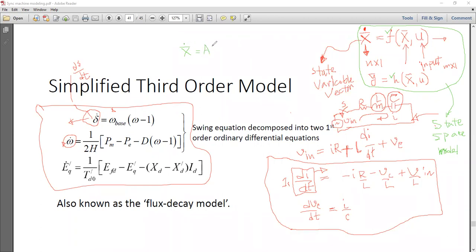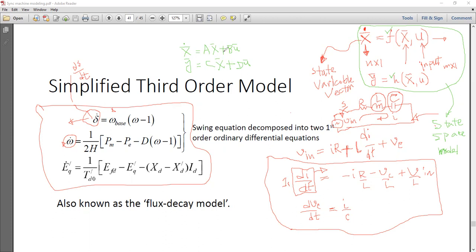Then x dot equals Ax plus Bu, and the output vector y is Cx plus Du,